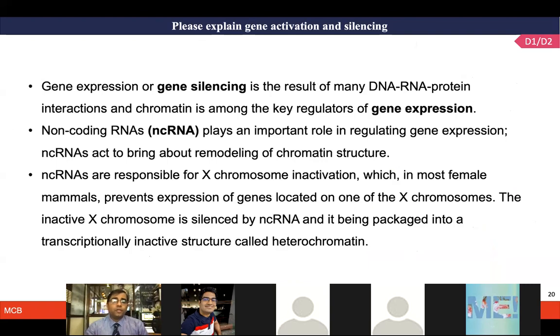But just for your curiosity, I think the gene silencing is going to result not only from the DNA alone, but from the interaction of DNA, RNA, protein, and along with some chromatins, which are the key regulators of the gene expression. There is a set of RNA known as non-coding RNAs. They also play a very important role in the gene expression. They're also involved in the X chromosome inactivation, and that's where some of these concepts are being taken. Gene silencing and these concepts are also heavily used for the various types of gene therapies. So these fundamental concepts are quite crucial. But again, because this is a question only from one of the students, I'm not going into detail, and it's not going to be within the scope of the exams for any of you.